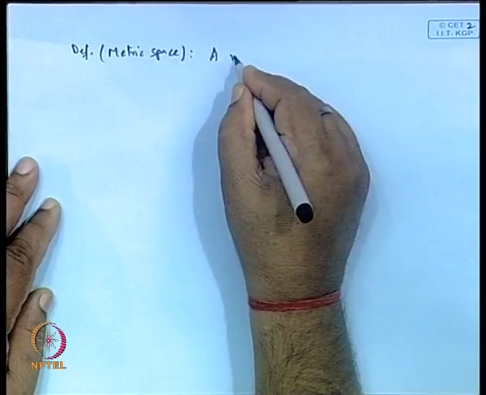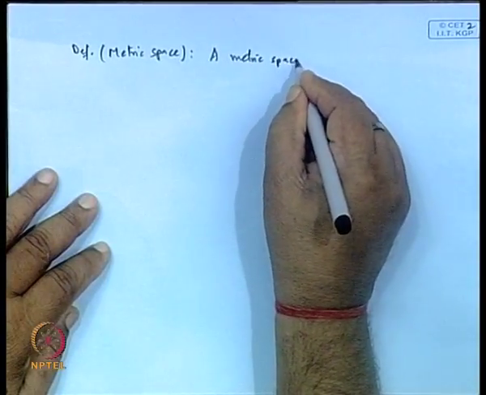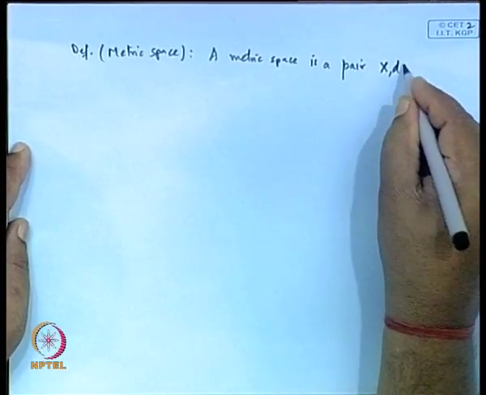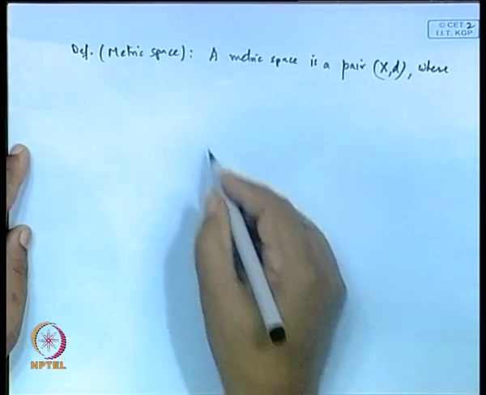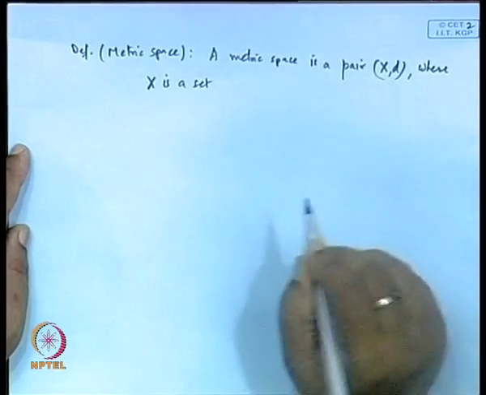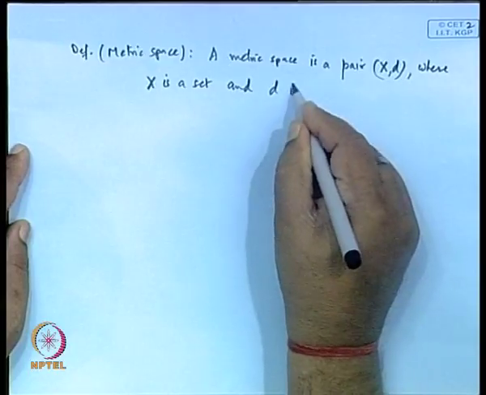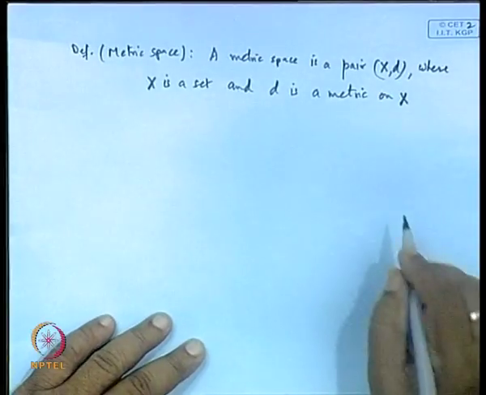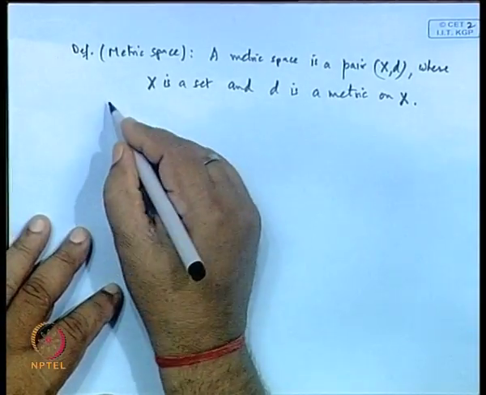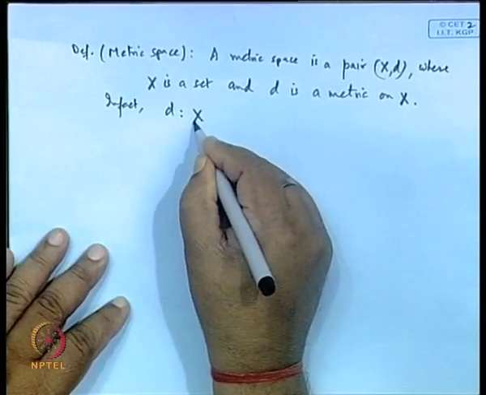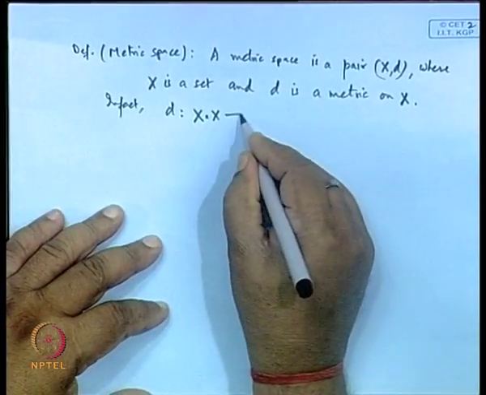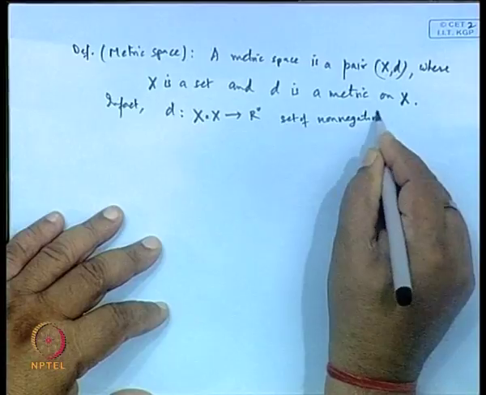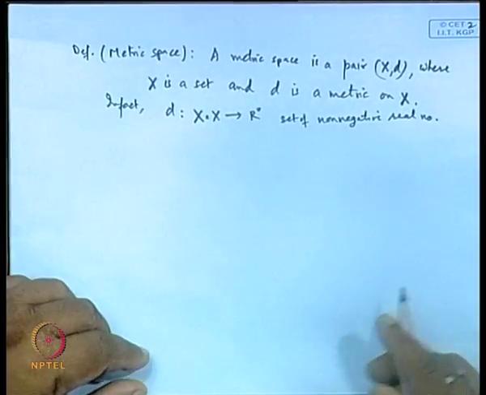A metric space is a pair (X, d) where X is a set and d is a metric on X. Basically, we say d is a function from X cross X to R, the set of non-negative real numbers, such that